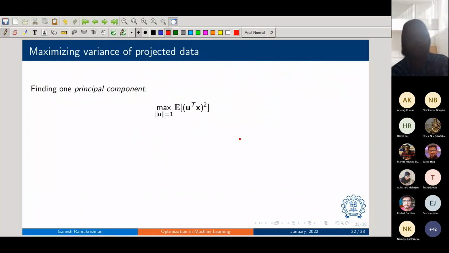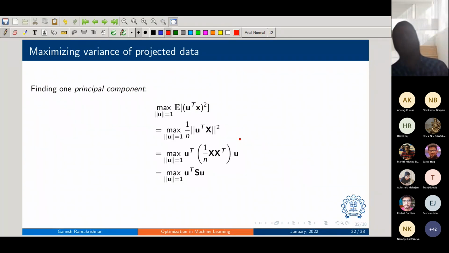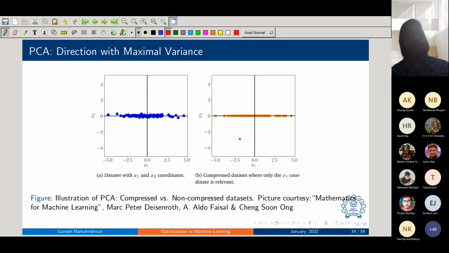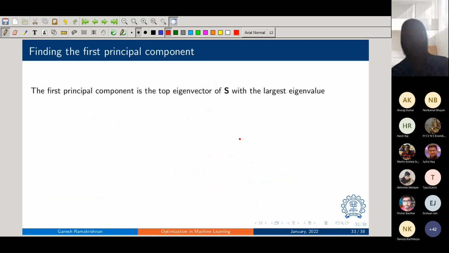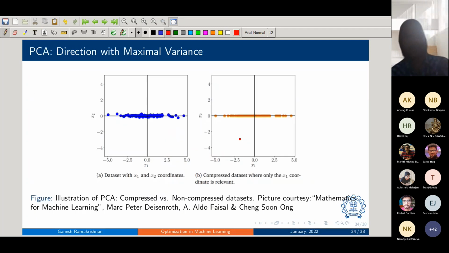Okay, so these are just extra slides for you to get an idea. I've also shown how I can find principal components one at a time. Okay, let's go back to the third example, unless you want me to delve more into it. I don't want this to become a machine learning course, but I'm trying to give you sufficient machine learning insight so that you can deal with the optimization problem, or at least appreciate the optimization problem.